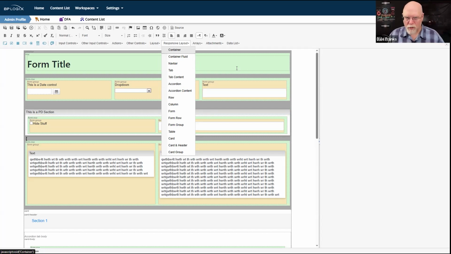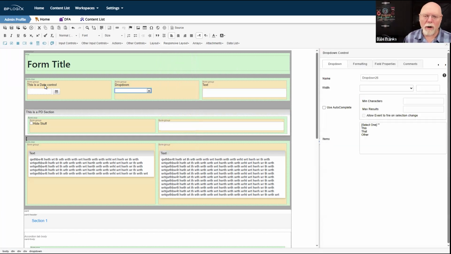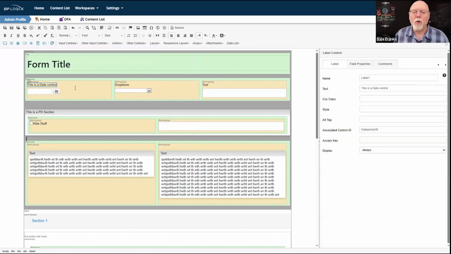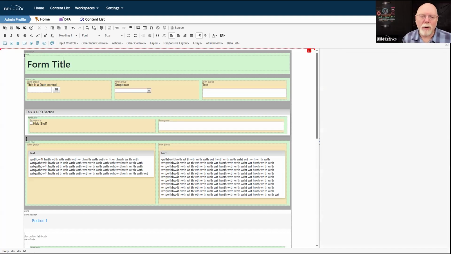There's also a row control, but because we're going to be throwing in form controls, we're going to want to use form row controls. And then there are form group controls, which are the columns. So the form row is a row. So I've got my container. I can throw in a row control. So in this case, I've thrown in a row control. It's just a plain row control because all I've got is my title here. The next row that I throw in, I'm going to throw in a form row because it's going to contain a form group and form controls inside each form group.